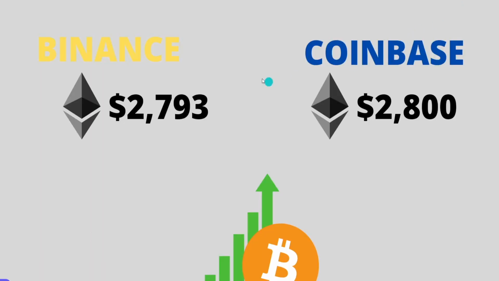So, if you can keep a $7 or let's say a $5 profit for every single purchase and then sale, that means that if you're able to purchase 2 Ethereum, you can get $10. If you're able to purchase 3 Ethereum, you could get $15, and so on and so forth.